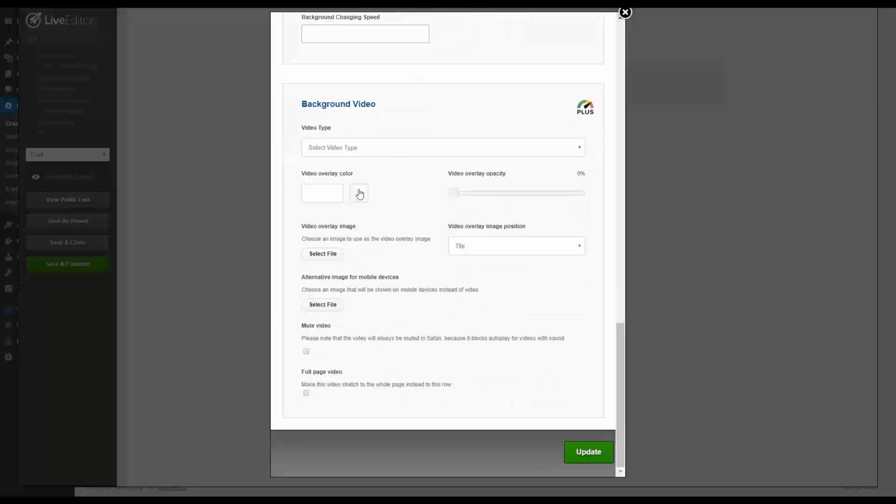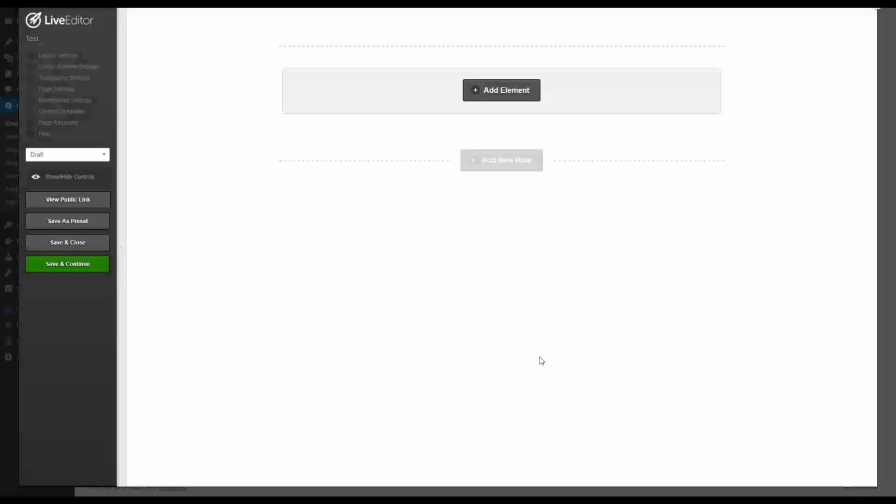So don't be intimidated by the sheer amount of properties that you can tinker with. Just know that it's a very powerful page builder, but let's operate on simplicity. So click update and you'll notice that there's a little bit space right now. It'll be more prominent afterwards as you add another row or two. So the first thing we're going to add here is an element,